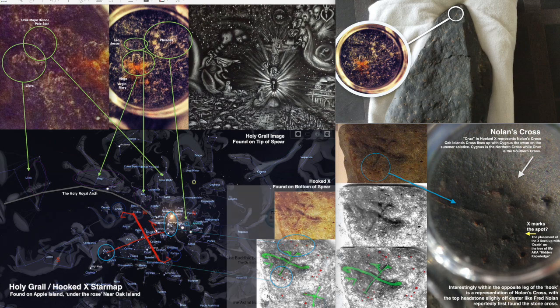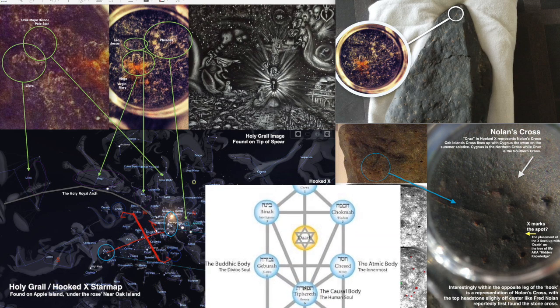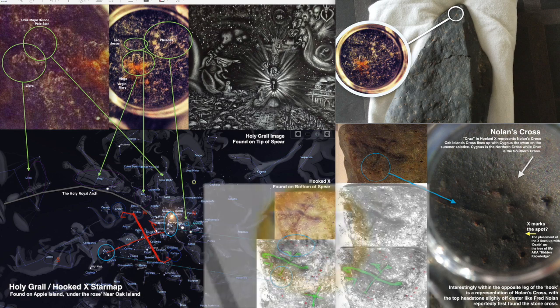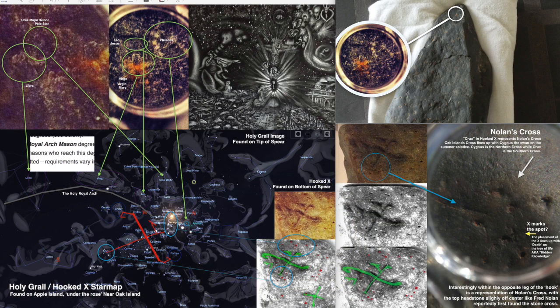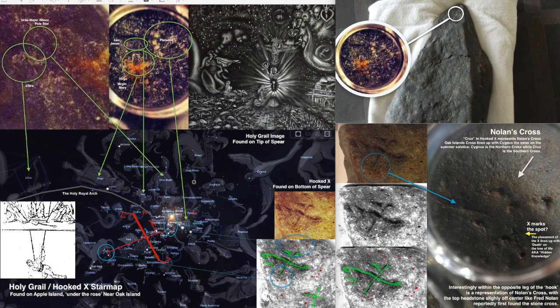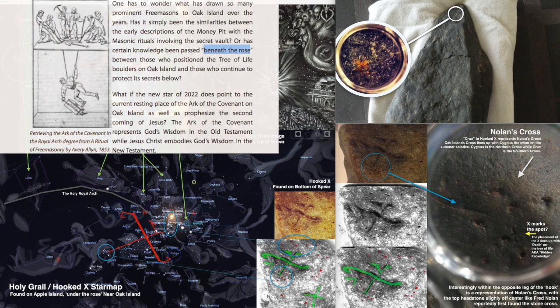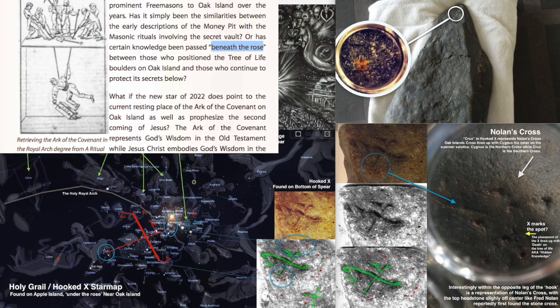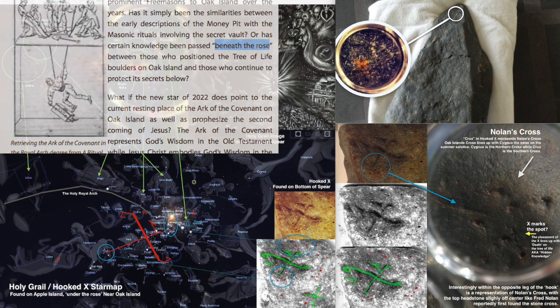So we have recreated everything that we have talked about in its various levels. On the hooked X itself, we found the stars around it. We also discovered that the stars around it, Libra, Virgo, Leo, Orion, the Pleiades, all represent this holy Royal Arch degree within Freemasonry. And it's really interesting that this arch represents the doorway into the Ark of the Covenant,